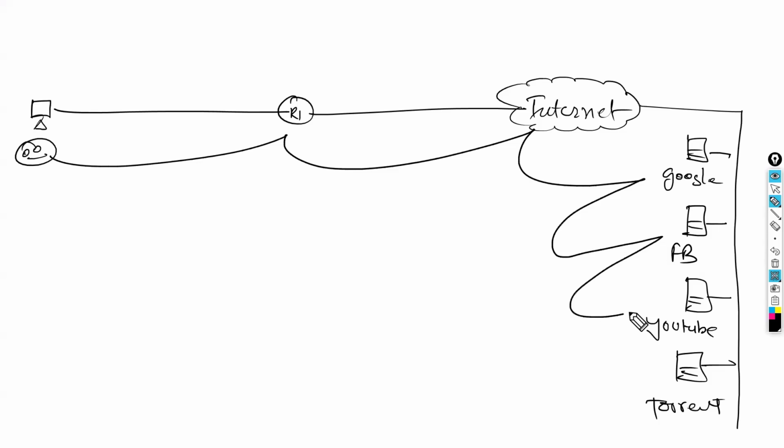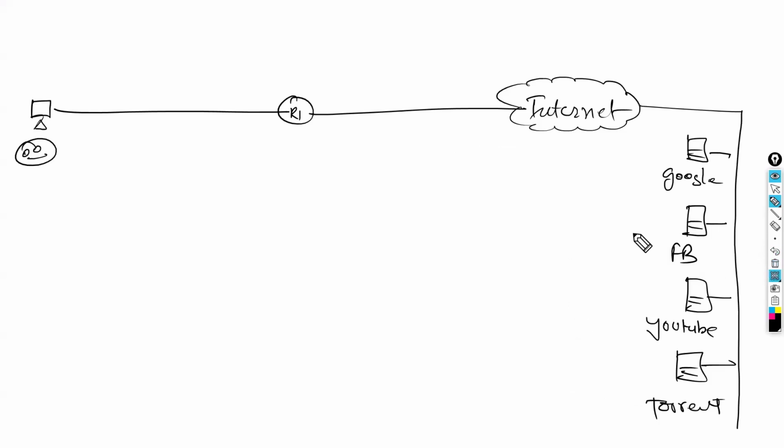It can access Google, Facebook, YouTube, and torrent. Now what we want? We want this user should not be able to access torrent, YouTube, and Facebook. For that we will deploy here a proxy server. Proxy server can be deployed in two ways. There are two methods to deploy it. So first method is here